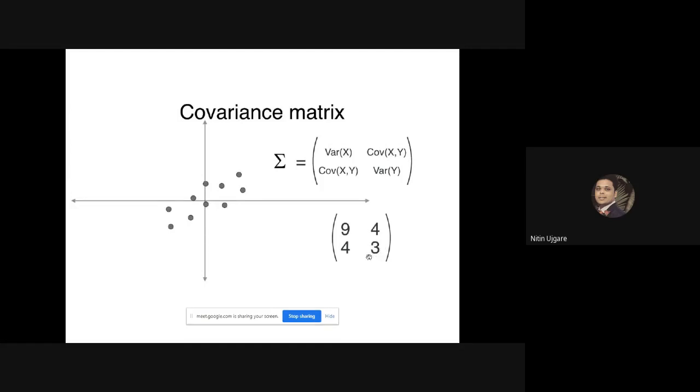These are random values I have chosen. There is nothing rocket science behind this. Just looking at these sample points on the hyperplane, I have assumed these values of x coordinate variance and y coordinate variance. On the other hand, we have the covariance values, which I chose as 4, and you can see that the covariance of x and y are the same. Why? Because we have just mentioned that it is a symmetrical covariance matrix. That's the reason we have chosen the covariance of x coordinate and y coordinate the same.